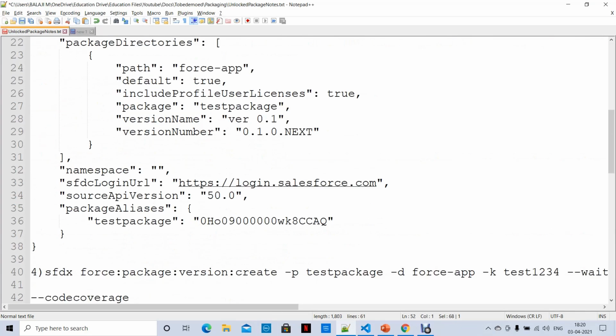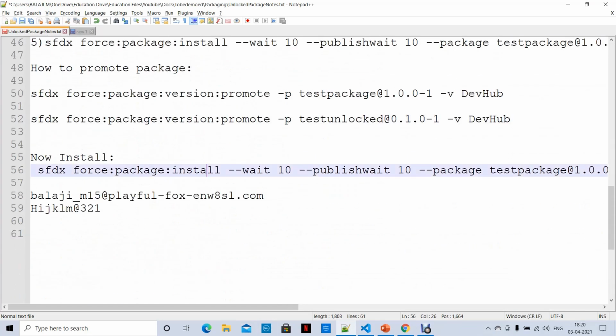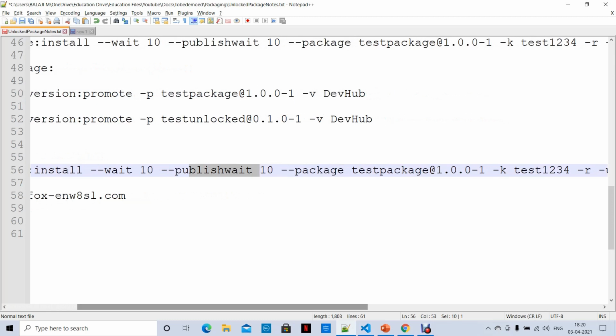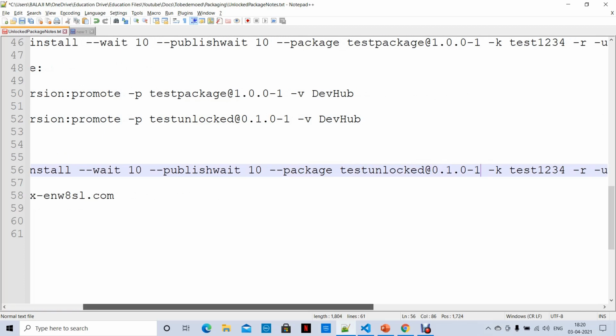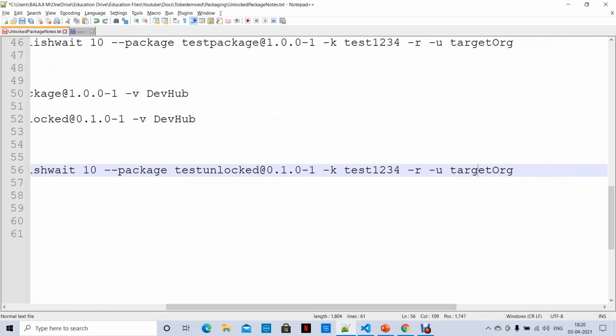See here, you can see the install command: sfdx package install, wait 10 and publish wait, and package. You have to change this package version name with Test Unlocked, the key is the same, and the alias.